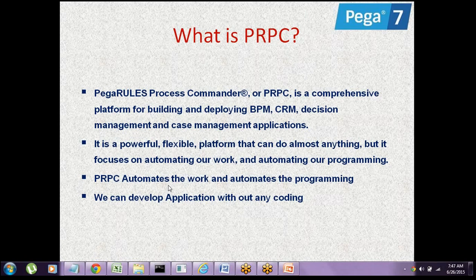If we develop it in Java, we have to write a lot of code. But the same Citibank application we can develop in Pega without writing a single line of code. That is the main advantage here. The main goal and purpose of Pega is to eliminate coding in the development process.